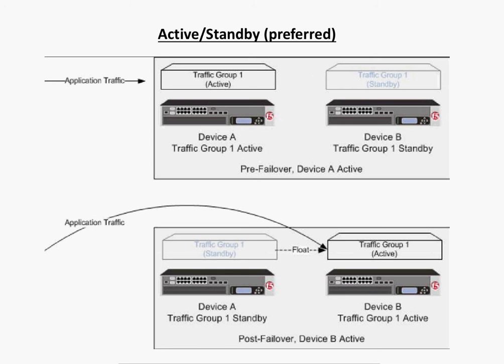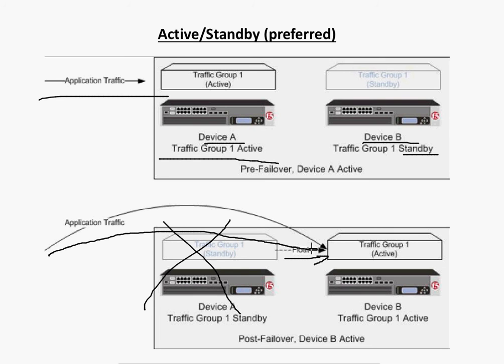With active standby mode, only one unit is active at any given time. That is, processing traffic. So in this example, traffic group 1 is active on device A only. As you can see, that's where application traffic is flowing to. Device B is acting as standby or backup for traffic group 1. So when device A fails, traffic group 1 floats to device B, and application traffic begins to flow to device